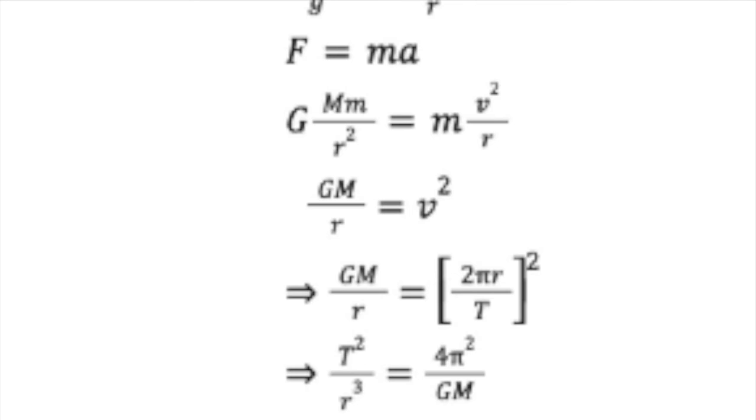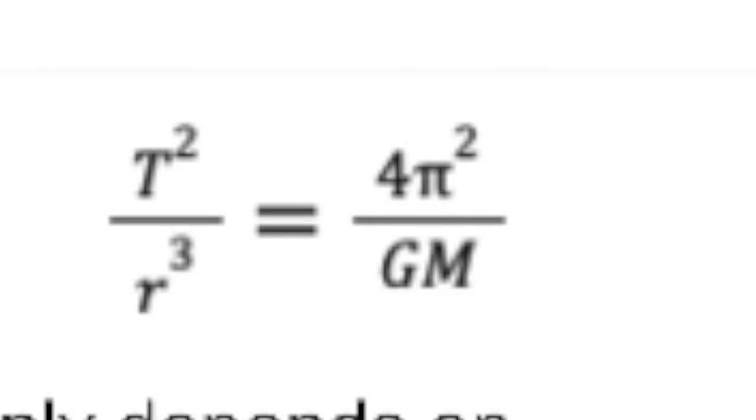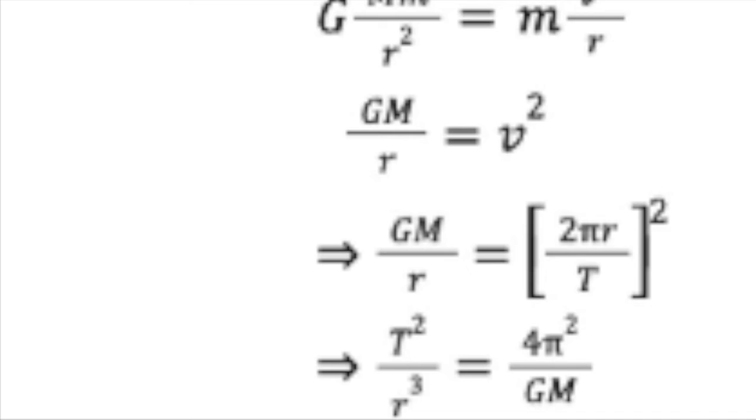You rearrange a couple things, and you get to T squared over r cubed is equal to 4 pi squared over GM. So you get to Kepler's observation that the period squared divided by the radius cubed is going to be a constant, and that constant depends only on the mass of the thing that you are orbiting. So if you are orbiting a larger mass object, like the sun, for example, this means that you have to orbit faster, or that you have to be further away from it.